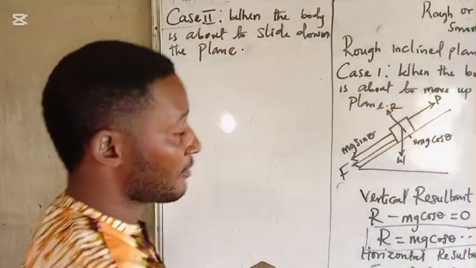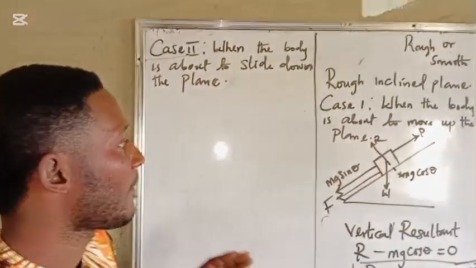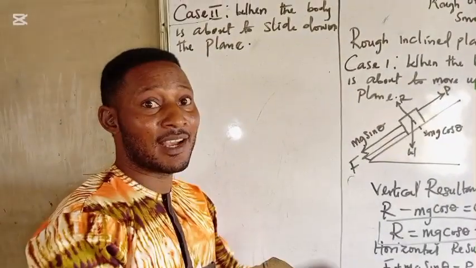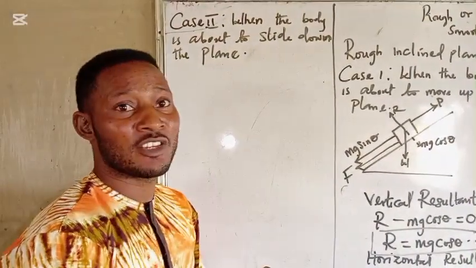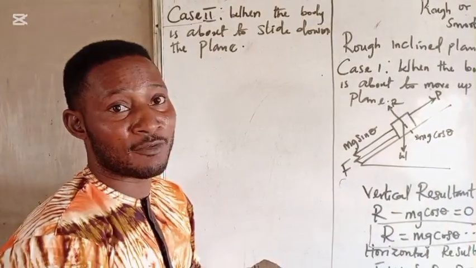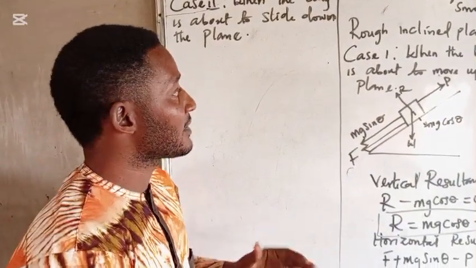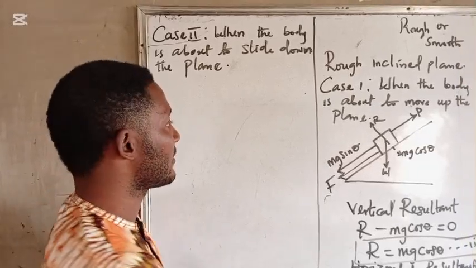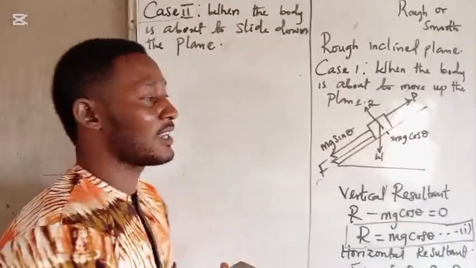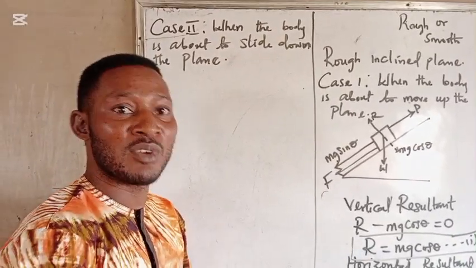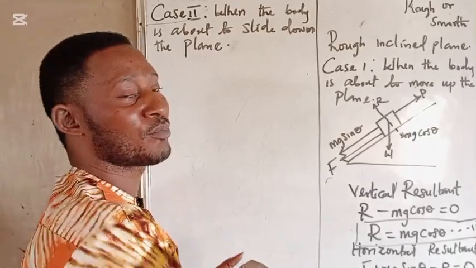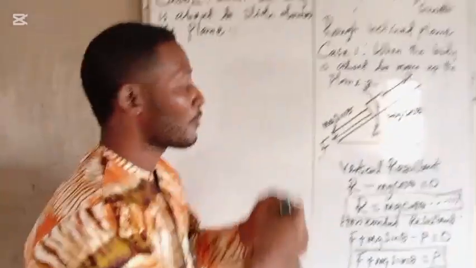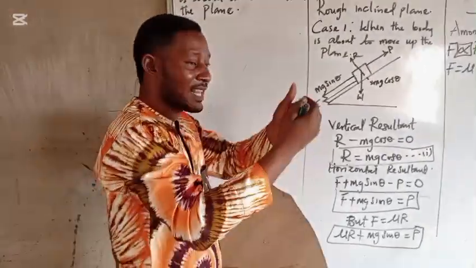Remember, I had established the fact that whenever you present the diagram for an inclined plane, there are two basic constant forces that you need to include before you consider the frictional force. Remember that frictional force is always ascribed to rough surfaces. Now, the two forces that are constant when presenting your diagram are the pulling force, that is the force that is capable of pulling the object up the plane, and also the force that is capable of sliding the object